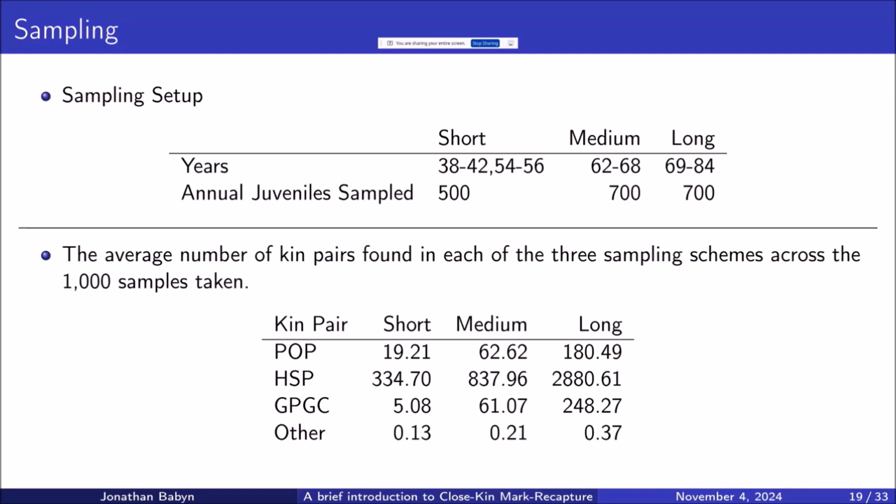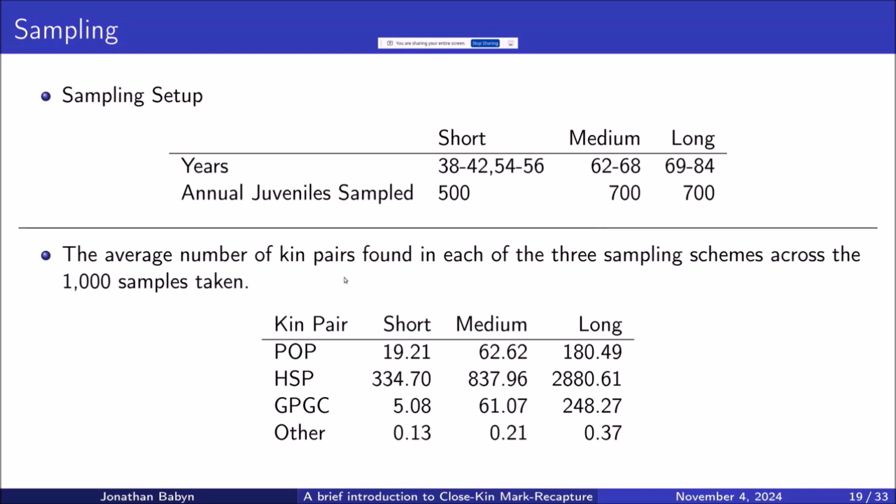And so one thing I was particularly worried about when starting this work was the possibility of finding, I wasn't expecting a huge number of, say, niece and uncle relationships, but I was wondering how many there would be and if they would be a serious enough nuisance that I would have to consider those kinship probabilities, even though I wasn't really interested so much in tracking them. And so this table just gives the average